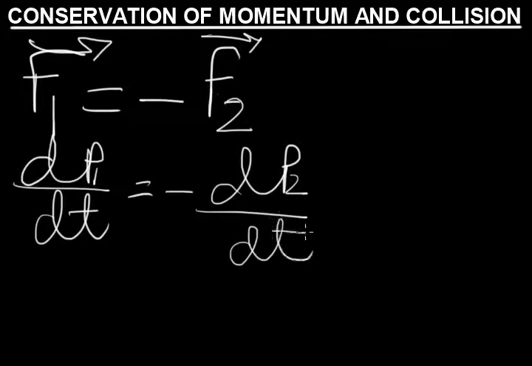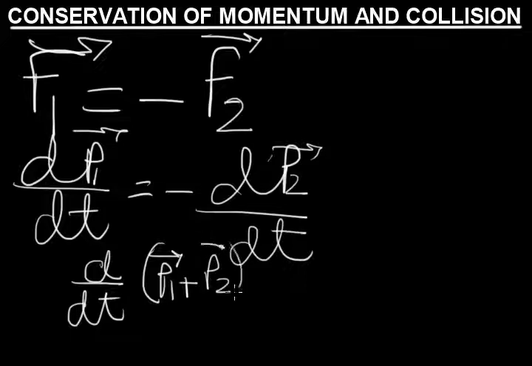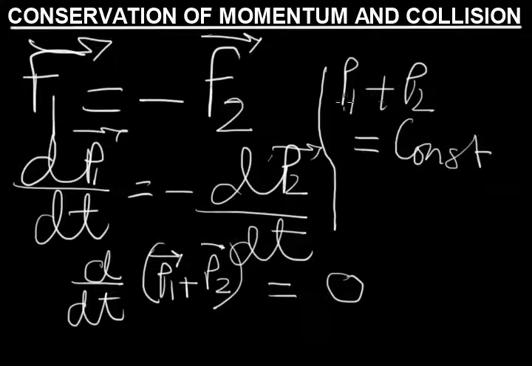And then we can write that d/dt of p1 plus p2, obviously with a vector sign here, is equal to 0. Now, the moment we take d/dt of p1 plus p2 equal to 0, that eventually gives us the aspect that hence p1 plus p2 is a constant. As we show that p1 plus p2 is a constant, we say that this is nothing but the conservation of momentum. Now, students, we need to understand how this conservation was applied